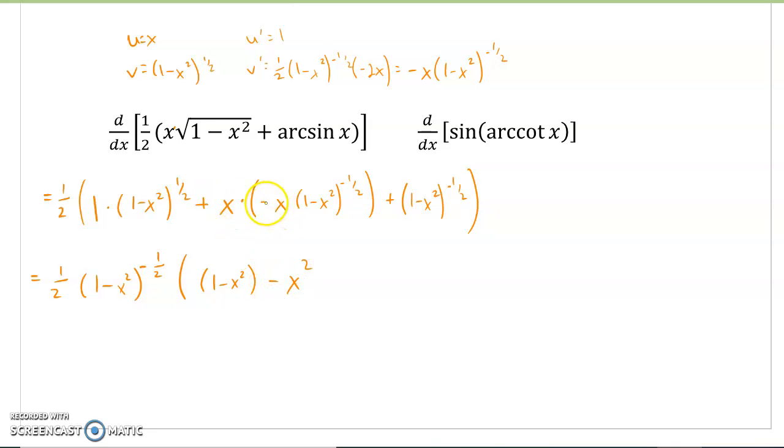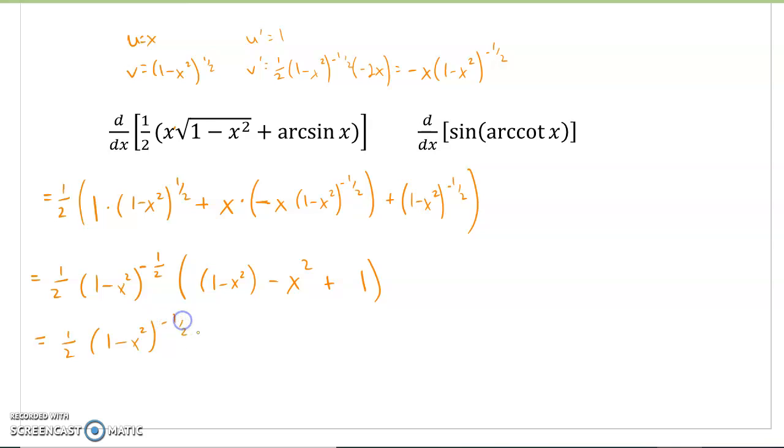X times x is x squared. We've got a minus sign right here. And then we're factoring out all of this, and then all of this goes away as well. So this is times 1, which we don't need to worry about, but we also have a plus 1 that we do have to worry about. All right, cool. So then we're going to see that some things go away